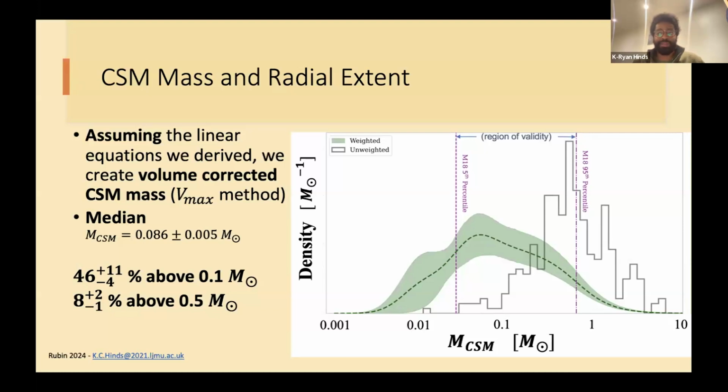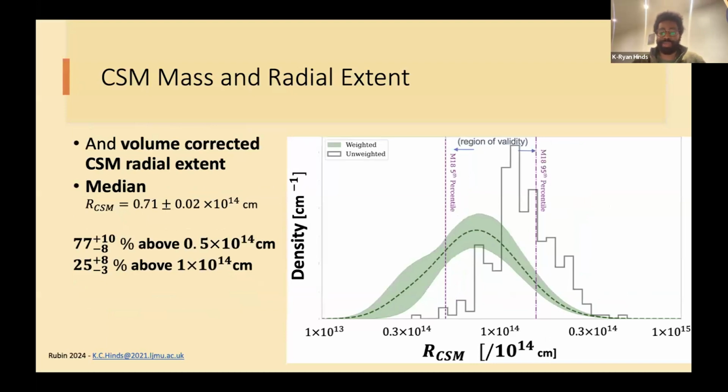And so if you take a stellar average wind velocity around 10 kilometers per second, that's a mass loss rate of around 10 to the minus 3 solar masses per year. So that's agreeing with these single supernova studies. And so you can do this with the radial extent as well, and you find that for a large majority of supernovae the CSM is quite confined. This is on a smaller sample, a smaller sample of models. So we're upgrading the models to incorporate a much larger, less coarse parameter grid of masses and CSM radii. But that's the basic idea.